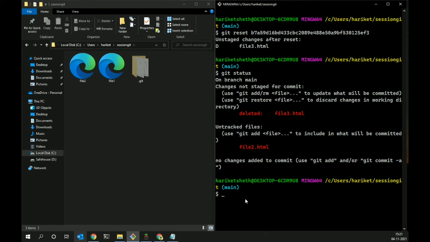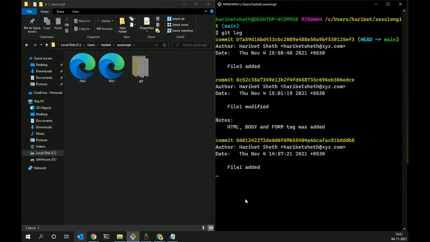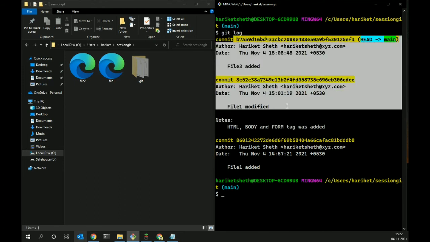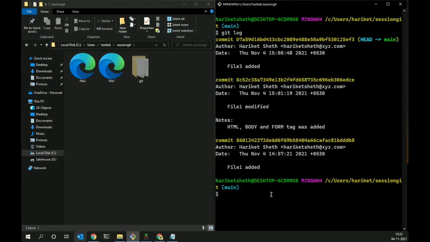And also one more thing which you should know is what happened in git log. You can see you only have commits till file 3 added. Both the commits which were there before above this, file 2 added and reverting file 3 added, are removed now. Your directory is now in this particular version. You have removed the other two commits which are present above this. If you want to add them again, you have to bring those changes into the staging area again and commit them.